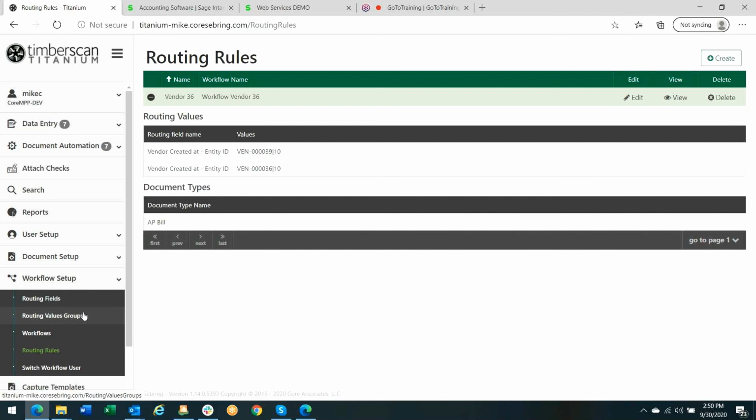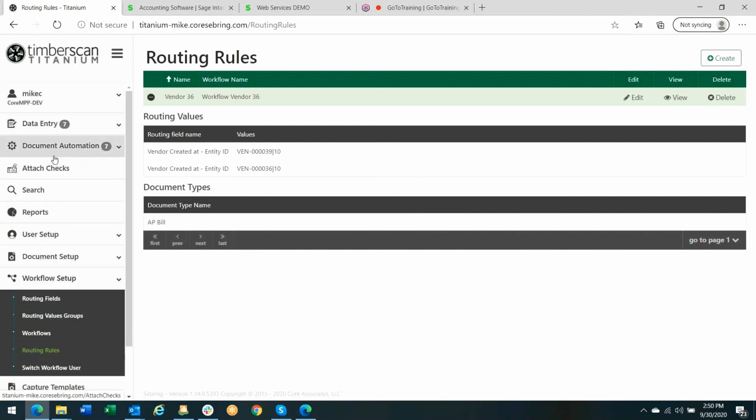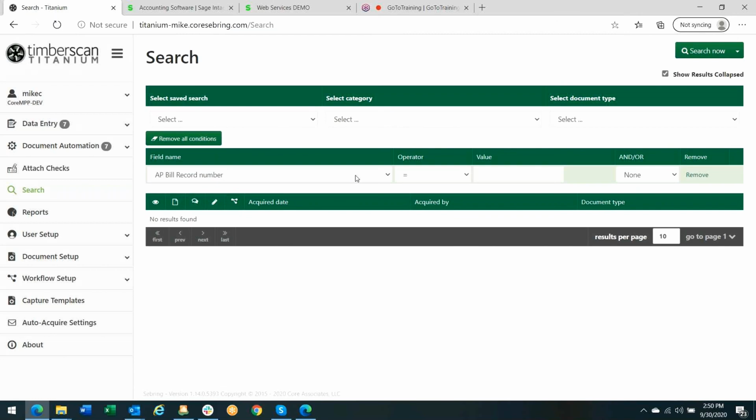Okay, one last thing. I mentioned that we have the search utility here. The way that the search screen works is that I can basically go out and select or choose and search for anything that I want. I could be specific in terms of document type, indexes, categories, whatever I want, or I can just do a conditional search. So if, for example, I wanted to create what's called a substantiated billing, where I need to be able to compile all the backup for that substantiated bill for a T&M or cost plus billing,